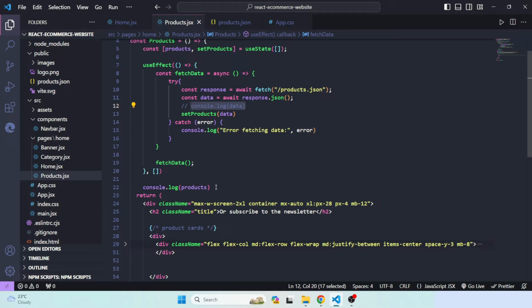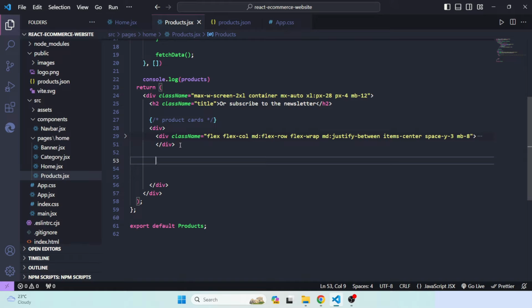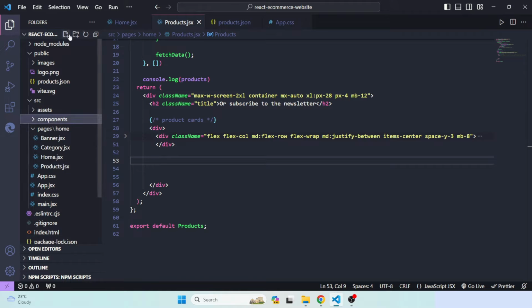So we don't need to do this, let's comment it. If you get data, what we can do is just show it on the UI. Let me show it right now. For this we'll create a card component. Inside this component folder, let me create a file, that would be cards.jsx